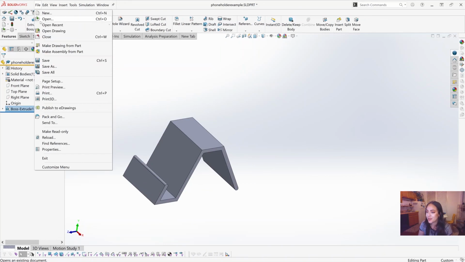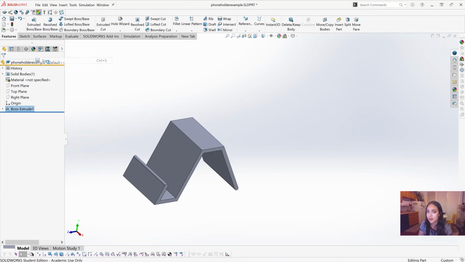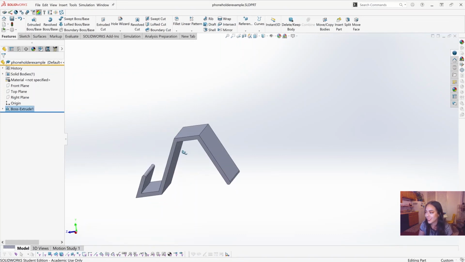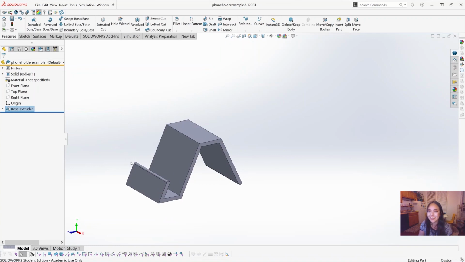I'm gonna save. You know that I need to save because when there's a little asterisk right up here by the file name, that means it hasn't been saved yet. So once I click save, that will disappear. And awesome! Here is our part. I hope this tutorial